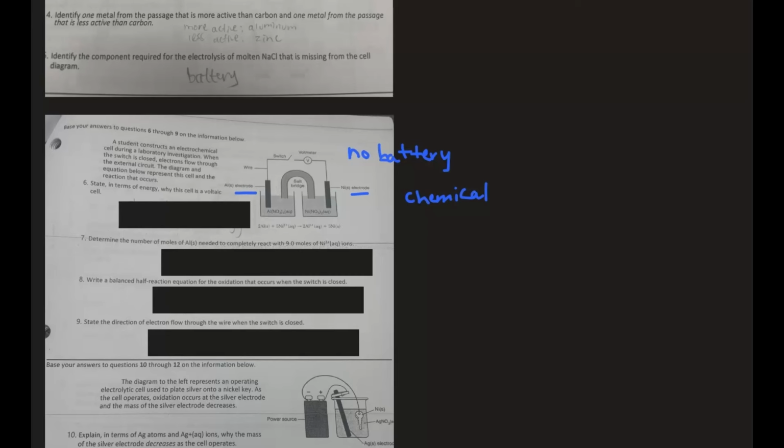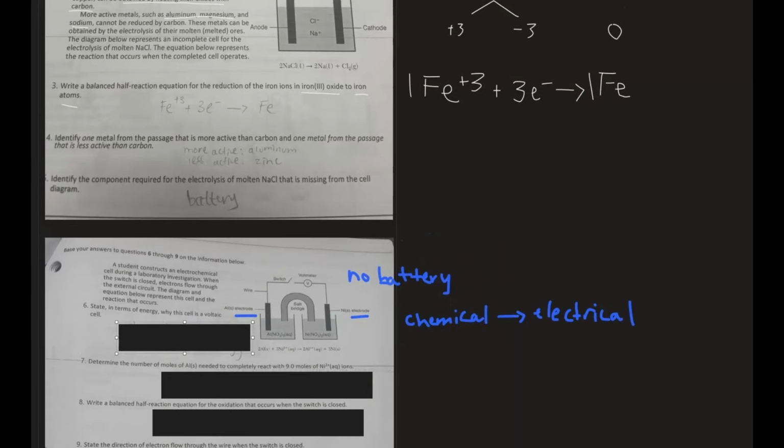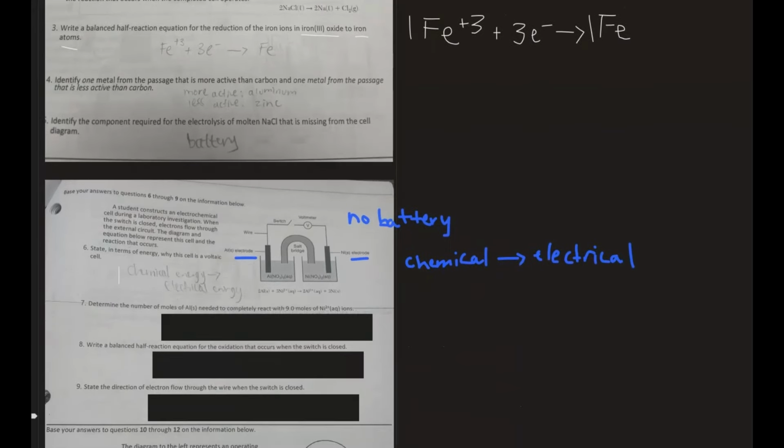So it's like a circuit of electrons that flow through. And so this chemical energy will go and create electrical energy. And so in this case, because it goes from chemical energy to electrical energy, that's how you know it is a voltaic cell as opposed to something like electrolysis, which requires a battery. So there we go. Number 7, determine the number of moles of aluminum needed to completely react with 9 moles